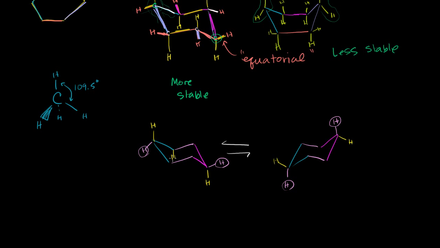Over here you have an axial hydrogen. Once you flip it, you have an axial hydrogen, and then you had an equatorial hydrogen. When you flip it, these two equatorial hydrogens become axial. And then both of these guys become equatorial. So let me do that in yellow. This and that become equatorial. They become parallel to the other end. And you could do it for these two hydrogens as well. So that's another interesting thing to think about. And this is really just practice on visualizing what's going on when we visualize